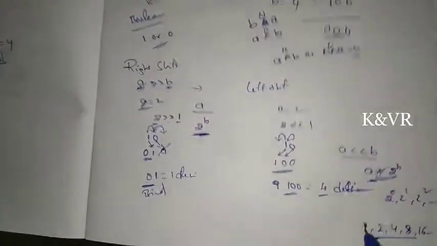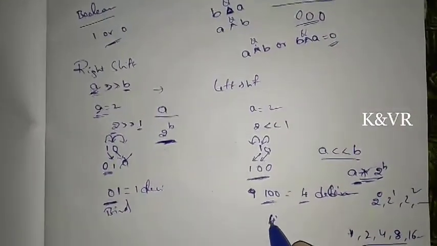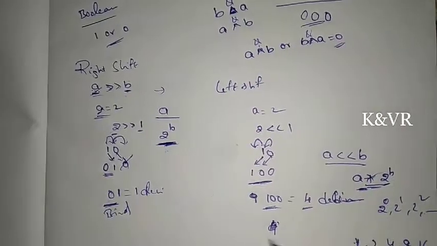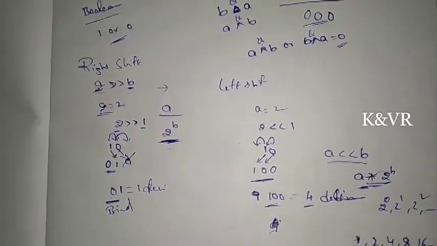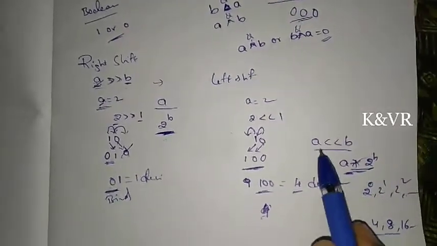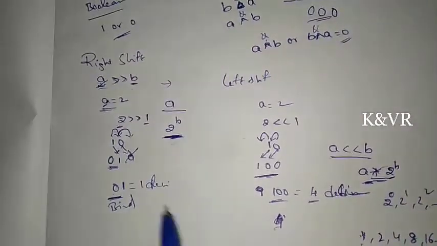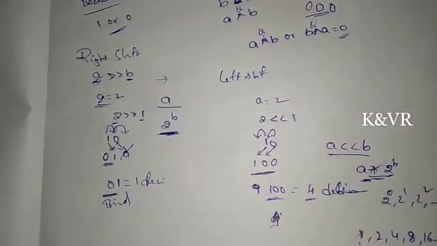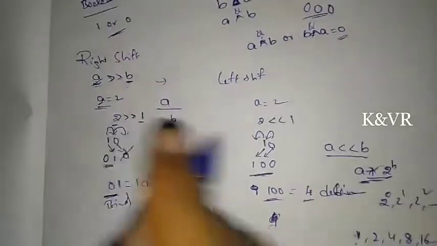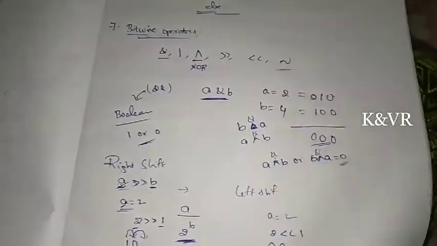So when we want to multiply a number with not just 4, but the powers of 2, that means 1, 2, 4 and so on, we can use this left shift operator. Similarly, to calculate division of a number by 1 or 2 or 4 or 8 or 16 or any power of 2, we can use the right shift operator. These are the shift operators in bitwise operators. This is complement, just like these operators.